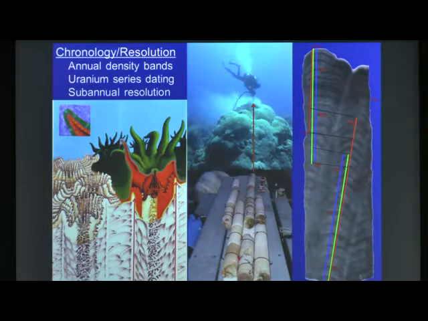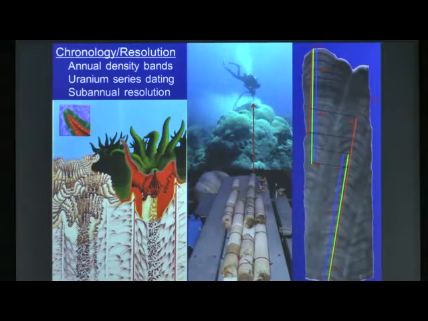From the cores, we're going to take slabs out of those and expose them to an X-ray. Inside the X-ray, we can see annual density bands. This is how we're going to establish chronology. So if we know the date that we collected the core, so this particular one is 1992, we can count those annual density bands back through time to establish our chronology.